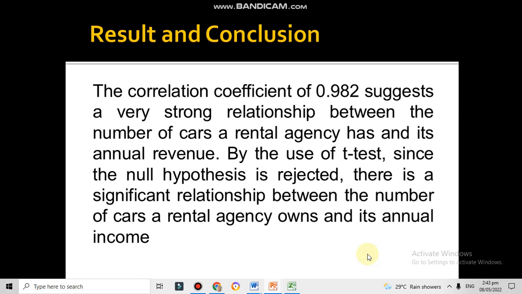So this is the result and conclusion. So there is a very strong relationship between the number of cars a rental agency has and its annual revenue. Okay, let's use the t-test. So according to the result, by the use of t-test, the null hypothesis is rejected. So how is this done? Okay, so given the value of r that is 0.982,